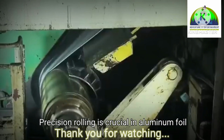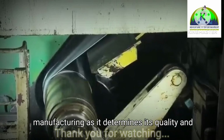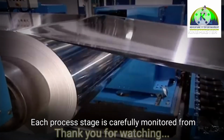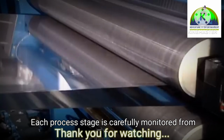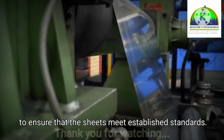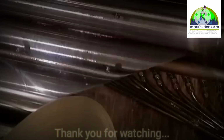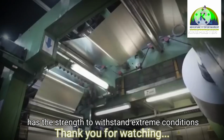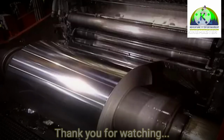Precision rolling is crucial in aluminum foil manufacturing, as it determines its quality and performance. Each process stage is carefully monitored, from temperature control to the pressure applied by the rollers, to ensure that the sheets meet established standards. This process ensures that the aluminum foil has the strength to withstand extreme conditions without compromising